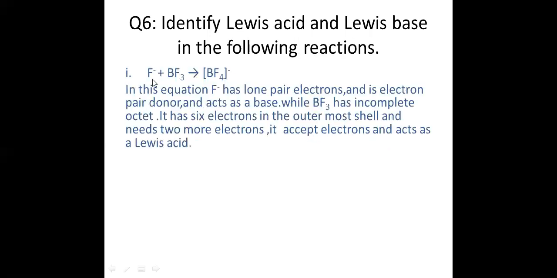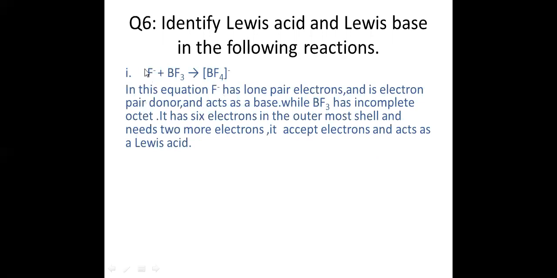Question number 6, identify Lewis acid and Lewis base in the following reactions. First reaction is fluoride ion when it reacts with boron trifluoride. So it will form boron tetrafluoride. In this equation, you can see the fluoride ion has a negative sign, which indicates that,